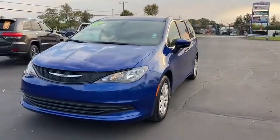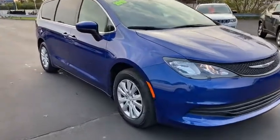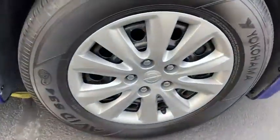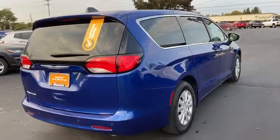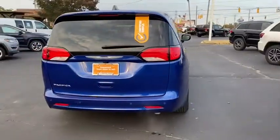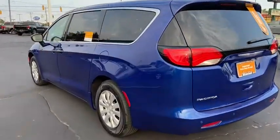We are pleased to show you the 2019 Chrysler Pacifica. The Pacifica crossover features the driving attributes of a sedan and the utility and space of a minivan or SUV. The Pacifica has top-notch safety scores, an upscale interior, and a spacious cabin that leaves room for your family to